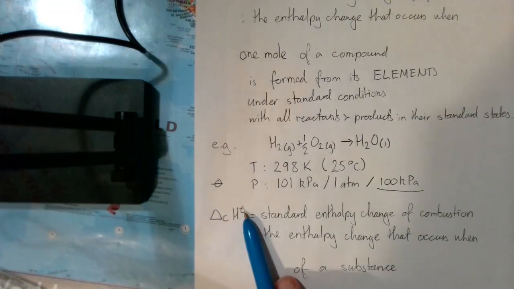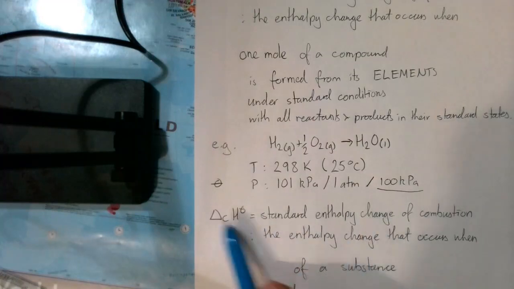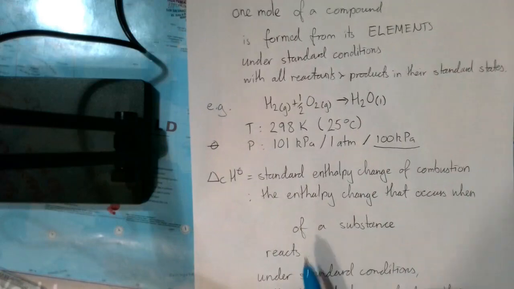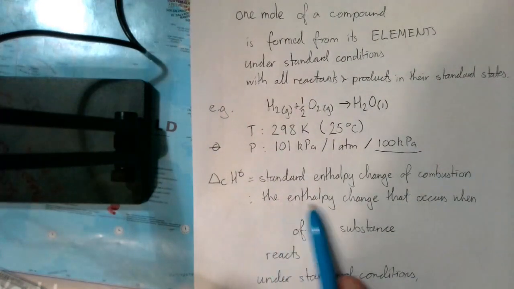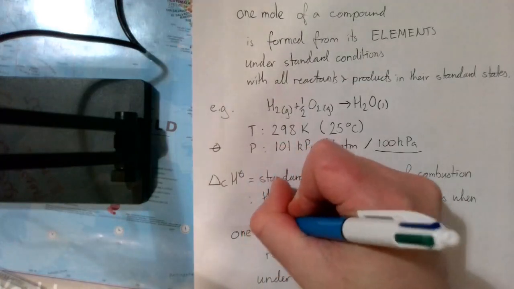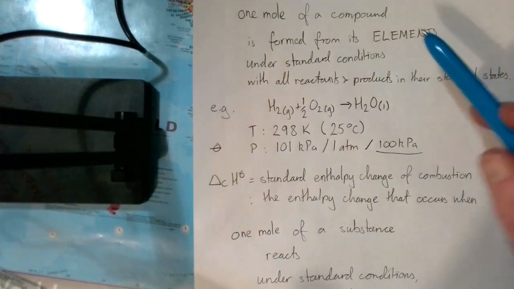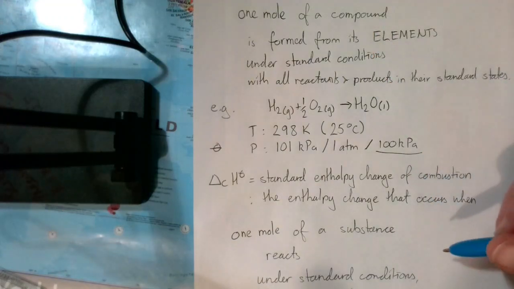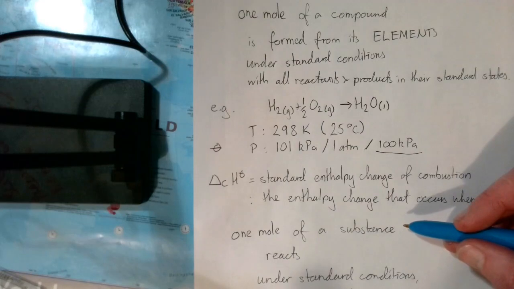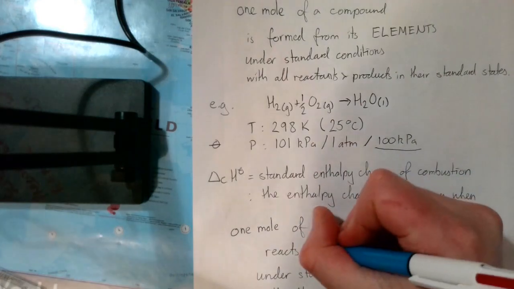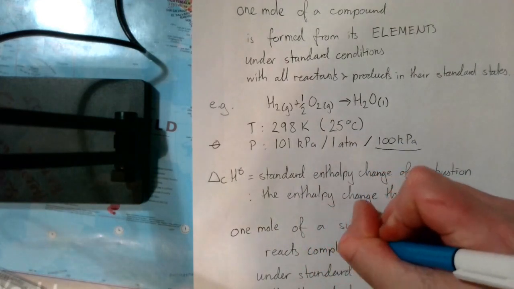Final one for this video is delta cH naught. So again, standard from this bit, enthalpy here, change, and the c stands for combustion. You need to get this definition spot on. So it's the enthalpy change that occurs when, again, it's going to be 1 mole. Now last time it was a compound you were forming. Now you can burn an element, so we just simply put a substance. But we can't just put burning 1 mole of a substance. There's a specific thing we need to get in, and it's that it reacts completely